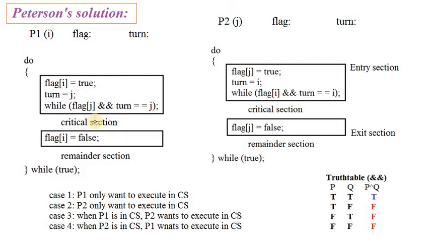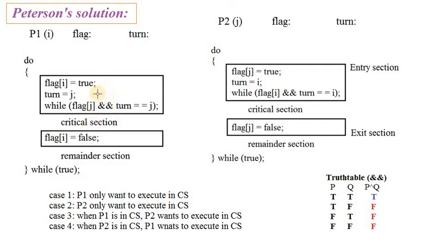So before the critical section we should have an entry section. After that we should have an exit section. So what is the use of entry section? This rectangular box indicates that this entire code belongs to the entry section only. The critical section will be protected by using this entry section. In this entry section, the process or program will be restricted from entering into the critical section before checking some default values.